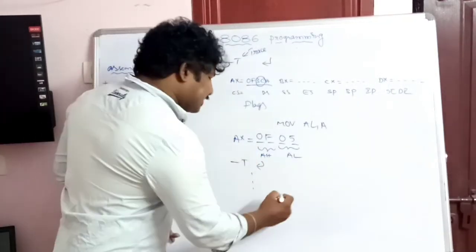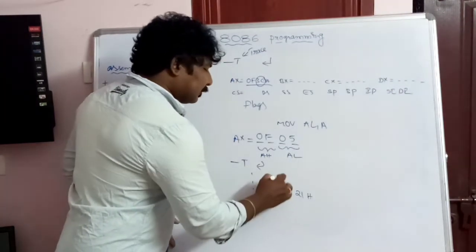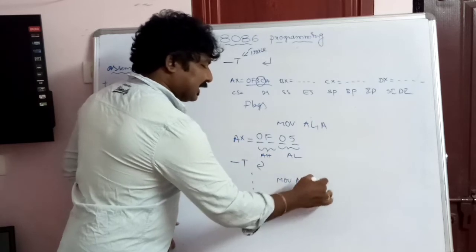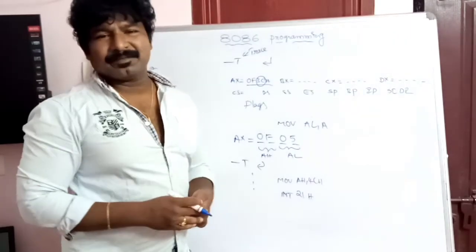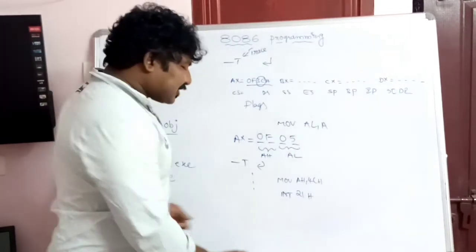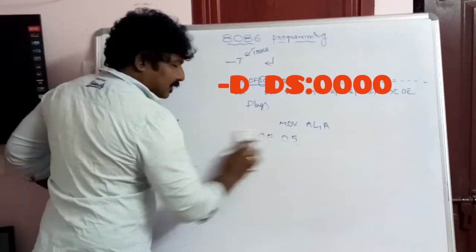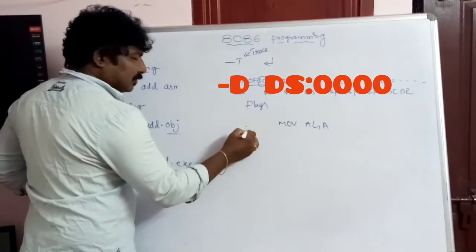Okay, when you reach INT 21H, MOV AH, 4CH, INT 21H, that says the program is terminated. So just before reaching INT 21H, if you want to see the result, all you have to type is